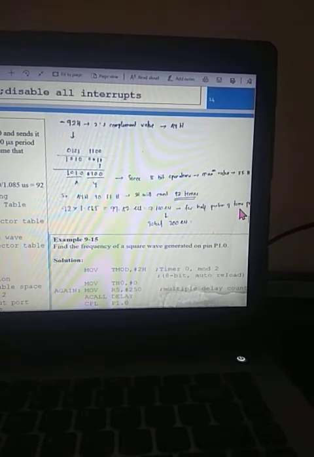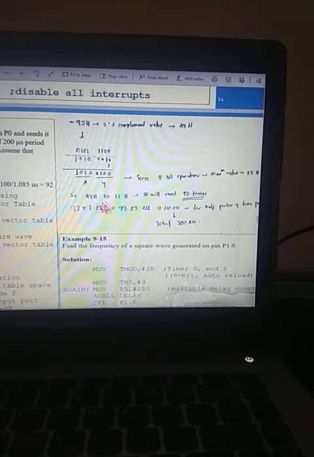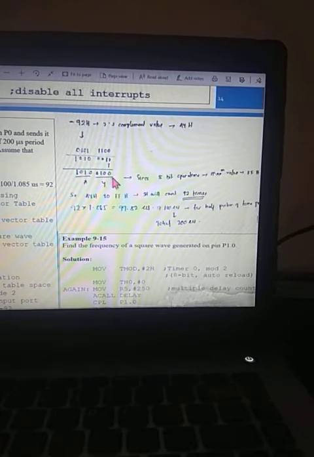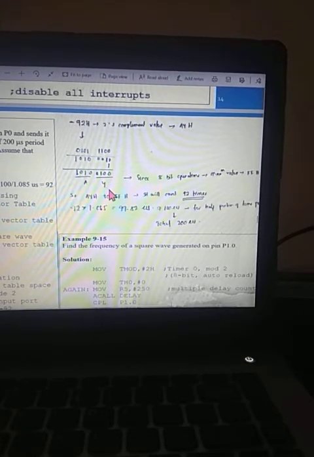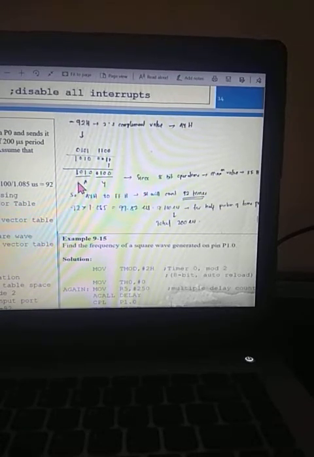This is the time for half the period, so the total period is 200 microseconds. This is the logic for taking minus 92H: from its 2's complement value A4H, you move up to the maximum value and multiply the count.